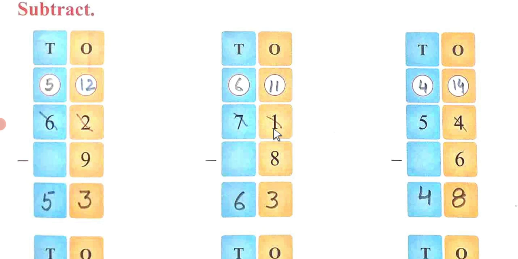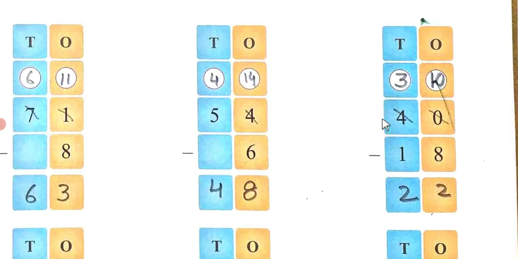So here 71 minus 8. So 8 cannot be subtracted from 1. So here 7 will give one part to this number, it will become 11 and 7 will be cut off by 1 because it has been given. So 7 minus 1 is 6. So 6 will come here and 11 minus 8 is 3. So here I have changed this also. 5 has given one number here because 6 cannot be subtracted from 4. So 14 it will become. 14 minus 6 is 8 and 4 will come as it is.